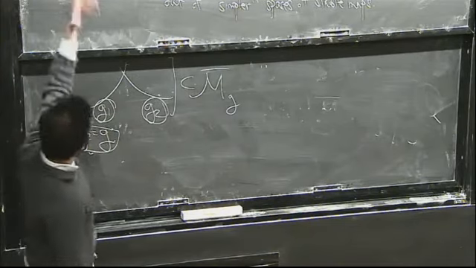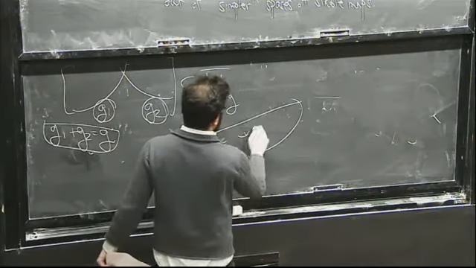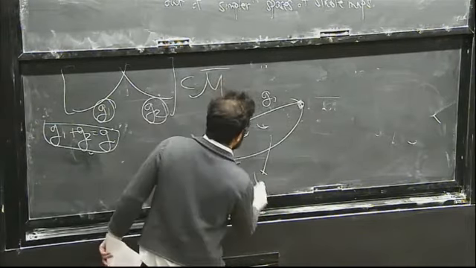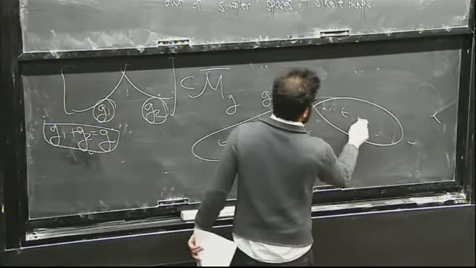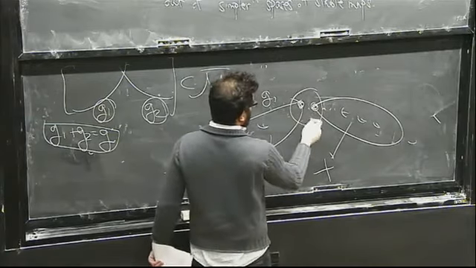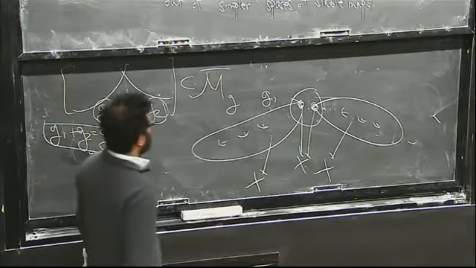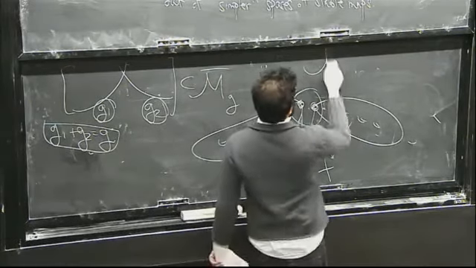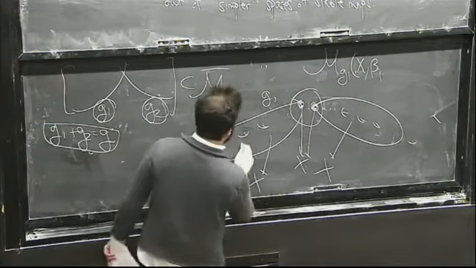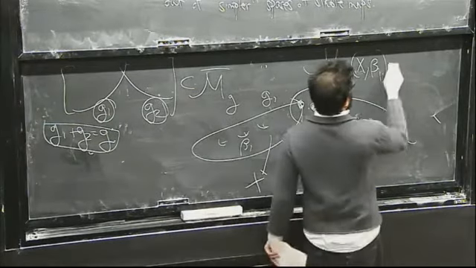And so what does it mean to have a stable map that lives over this locus? Well, that means I have a stable map of genus G1 mapping to X, and I have a stable map of genus G2 mapping to X, and each of them has a point, and they both have to agree at this point. So these 2 points have to map to the same point in X. So I could, at least set theoretically, for instance, well, there has to be some degree distribution. But this locus I can write then